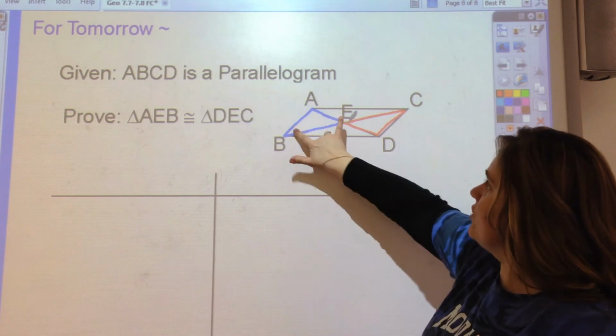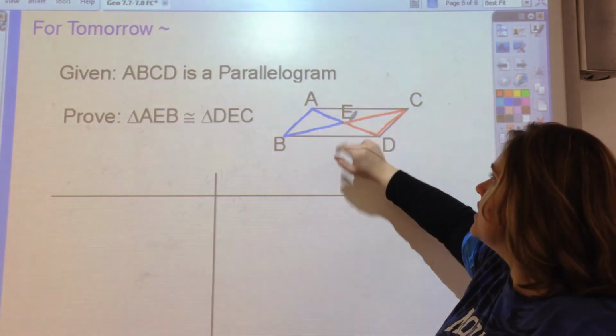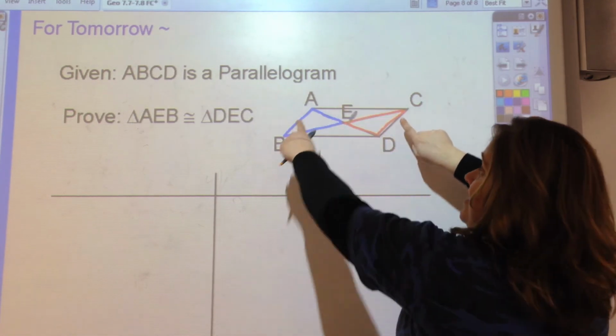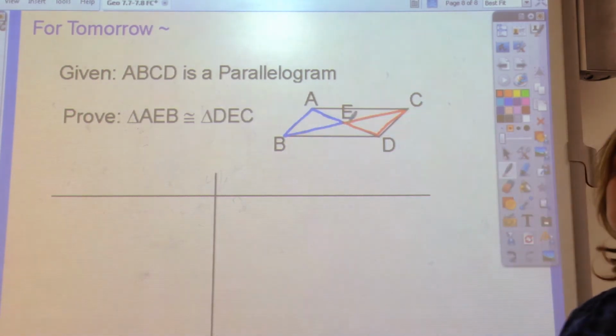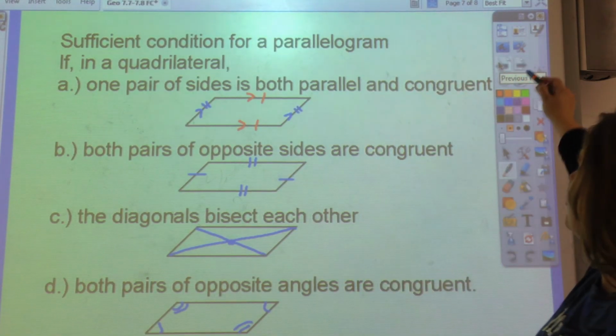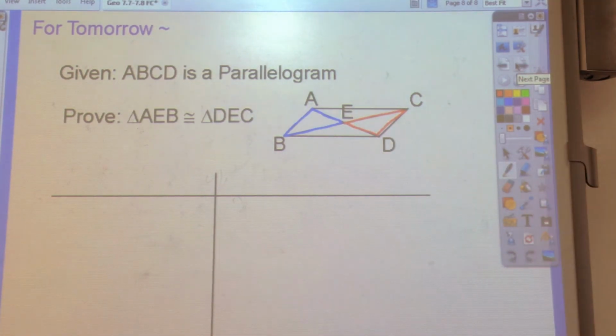Think about which angles you know are congruent. Think about the fact that they intersect at midpoints. Think about the fact that if it's a parallelogram, these sides are congruent and these sides are congruent. You know so much data. Come back here, take these congruency markings, draw them in on your proof, and then this should only be a couple step proof. And I will see you